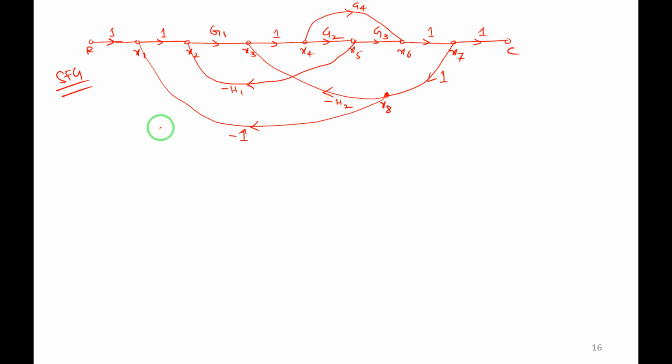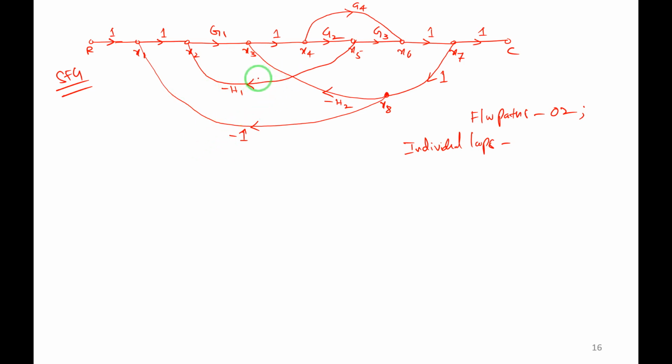Is there any third forward path? Check it if it is there. I don't think so. Only two forward paths are there. Forward paths are 2, write them down. The next is individual loops. I am giving the hint for this problem. How many individual loops are there? Just check it. Can you identify them? Take some time and do it.